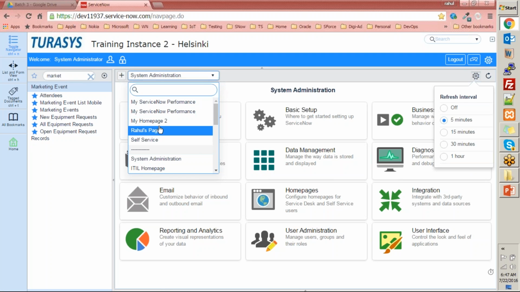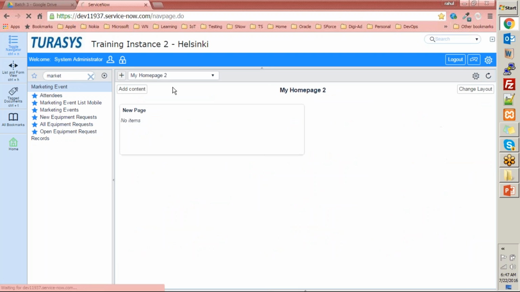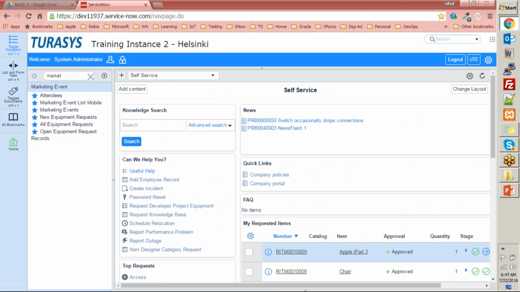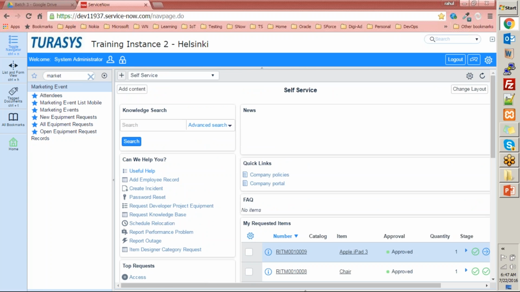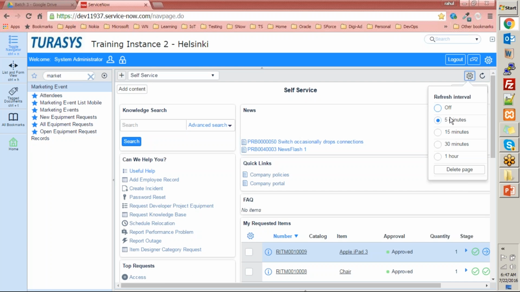And this is required because if you go to the home page, the self-service page, where we have so many components, and some of these are the record level items coming up here, like the news item or the request items, etc. If you do not refresh it, you have to manually do an F5 and get all this information. So with this gear item, you can decide a refresh interval for your page to refresh and